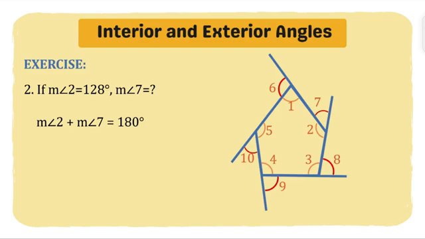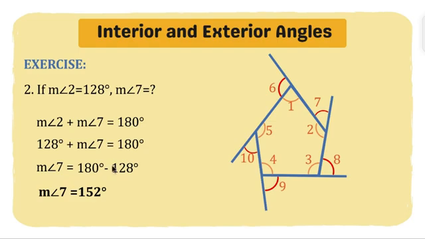So, all you have to do to get the missing angle is to subtract the given angle. So, again, 128 po yung given, which is angle 2. Now, let's find angle 7. You just subtract 128 from 180 degrees. Therefore, you will get angle 7. The measurement of angle 7 is 152